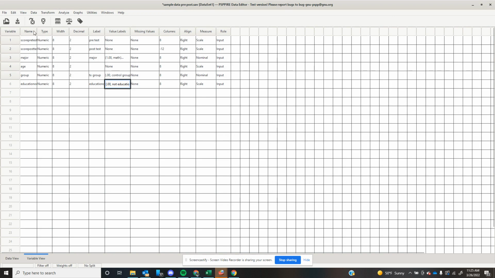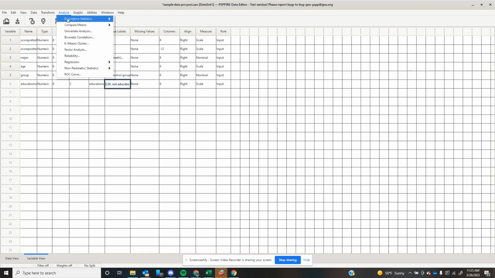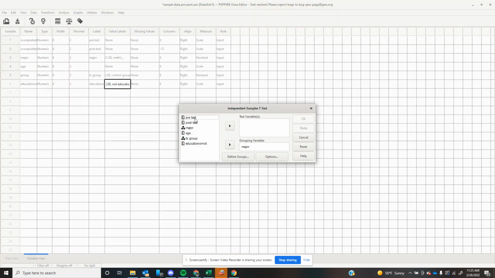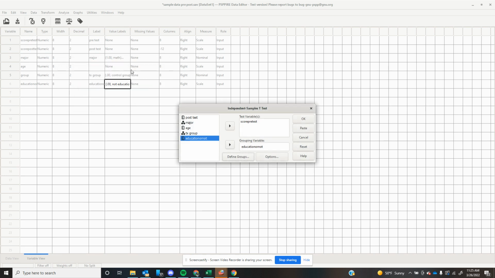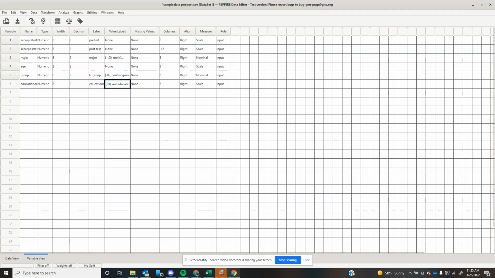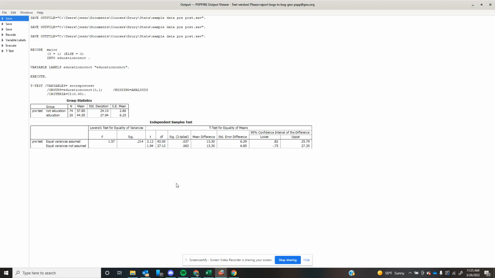It's your data. So now let's come over here and do our compare means, independent samples t-test, pre-test, come over here, education or not. Group 1 value is not education. Group 2 value is education. Continue, okay. Let's click on our output. And here we see